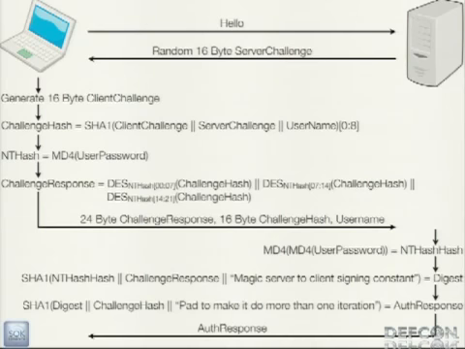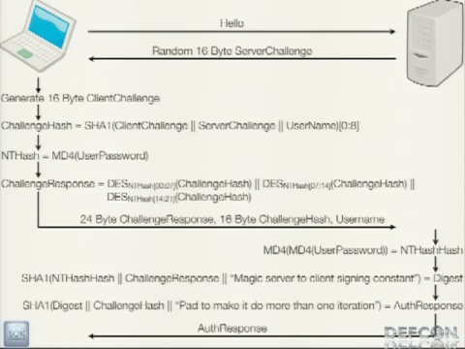All right, client sends hello. Server sends back a 16-byte random challenge. The client generates its own 16-byte random challenge. Calculates SHA-1 of the server's challenge, the client's challenge, and the username. Calculates the NT hash of the user's password. And then calculates the challenge response by encrypting the challenge hash 3 different times with 3 different DES